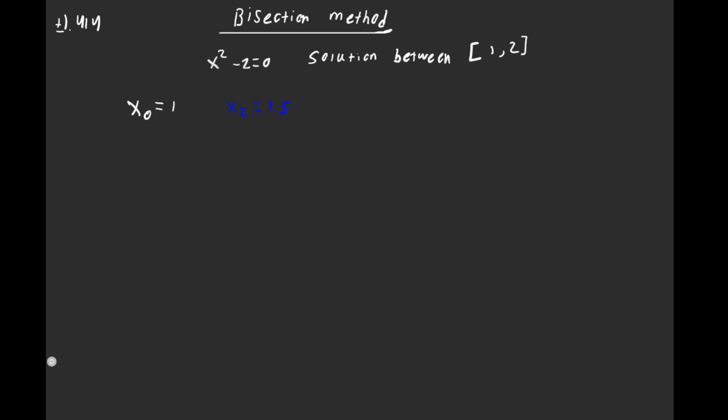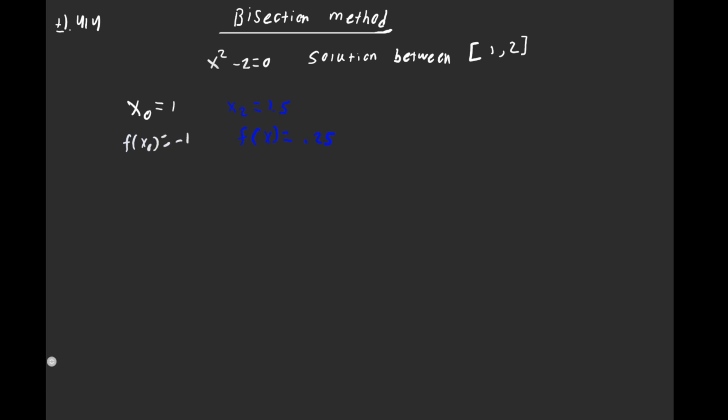And we have to find what f of x is for each of these test points. So we have to find the y value, or f in this case. So as we see, for 1.5 it is going to be 2.25 minus 2, which is 1/4, but I'll just put it as 0.25. And f of x when x is equal to 1 is going to be